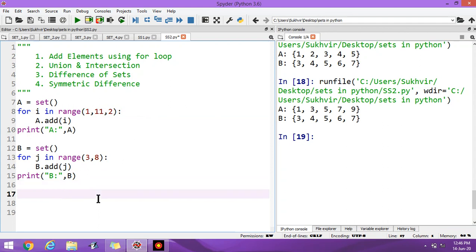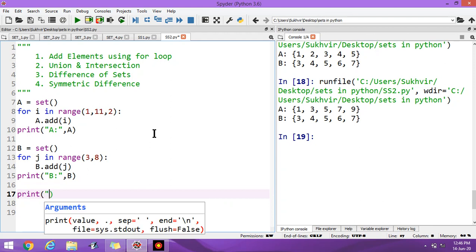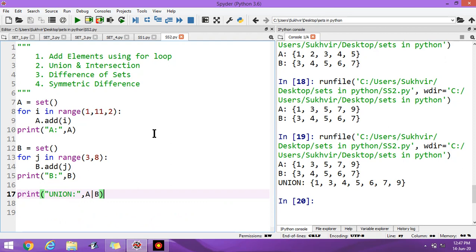Now we have to calculate union and intersection of the sets. Suppose I write print union, then you can write A or B. Let us execute the program.